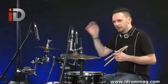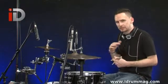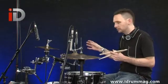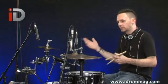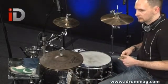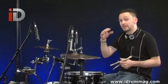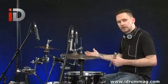When you're recreating any kind of sampled or programmed beat, repetition is the key to anything anyway, practice-wise. But particularly this, when you put it in this context, because everything needs to sound the same each time. So this couldn't be played with my hi-hat foot sounding different. We couldn't do that. It wouldn't work unless you were to do it in exactly the same place each time. The same with this. If this isn't sounding the same,